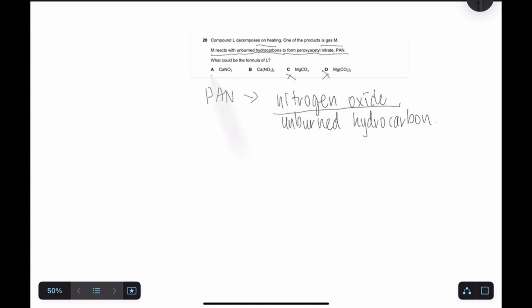And if you look at answers A and B, B is correct because calcium's oxidation state is 2+, so it forms the calcium nitrate formula, Ca(NO3)2. And A is wrong. So the answer is